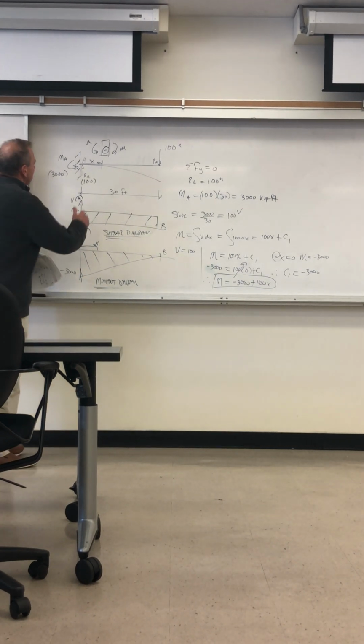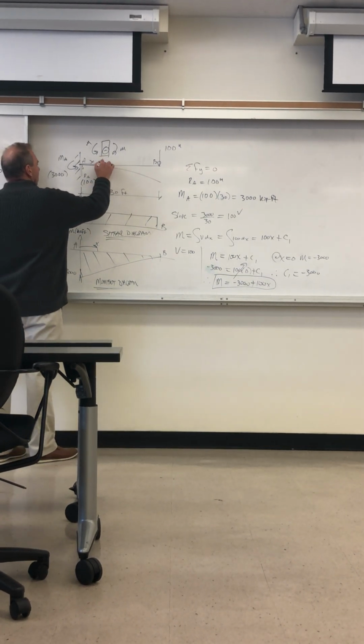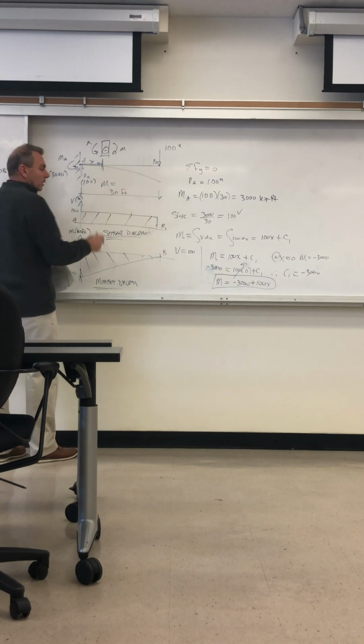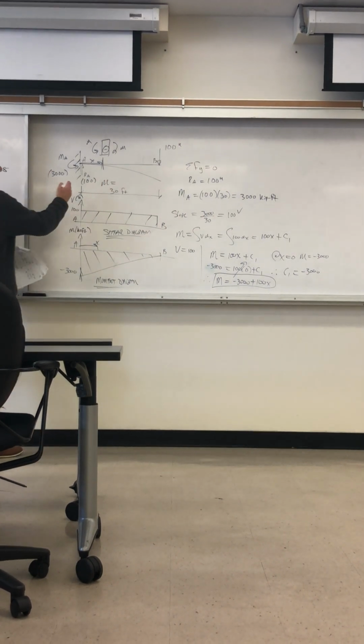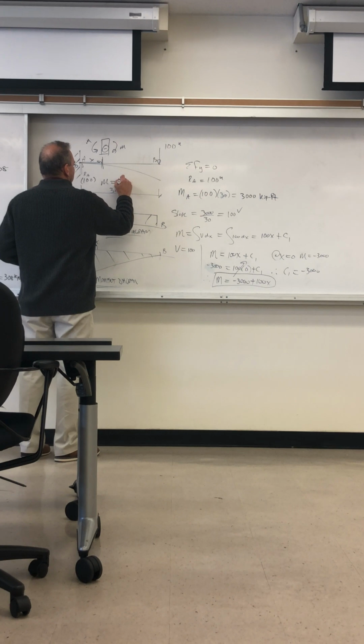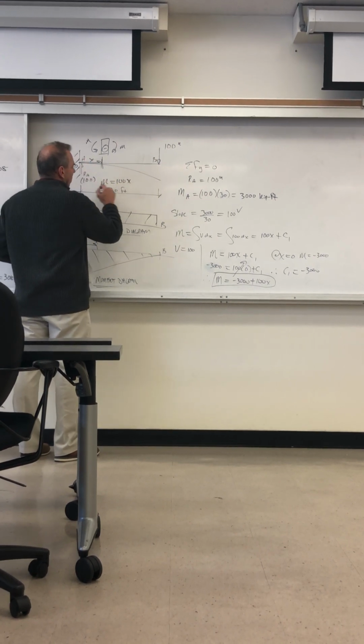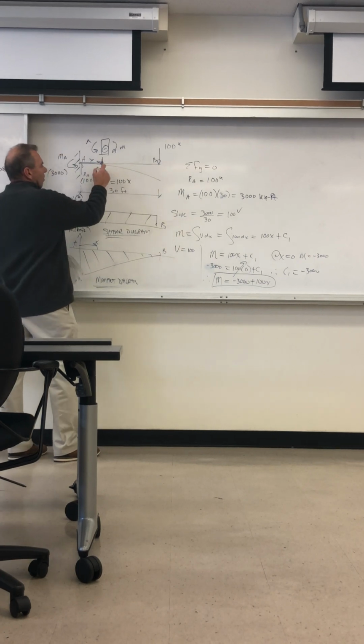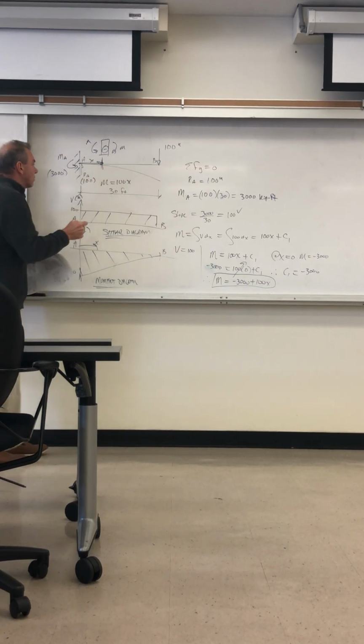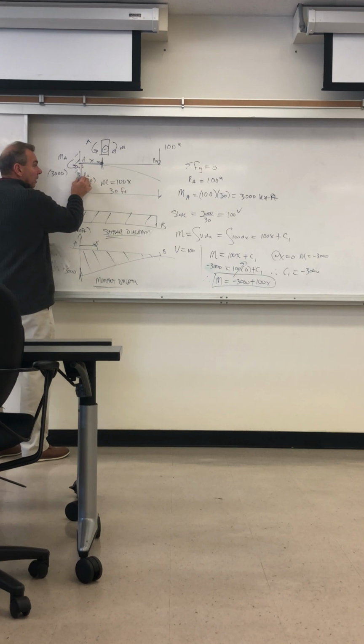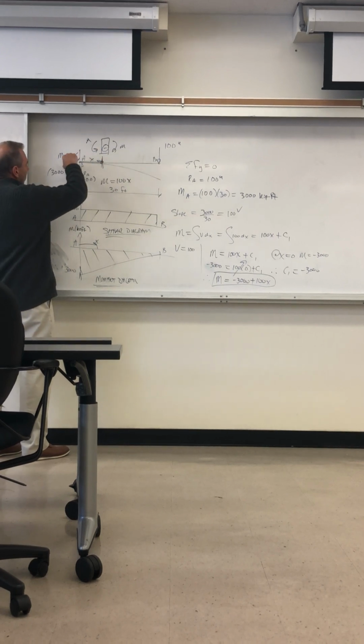Of course, we could have just written the moment expression. I mean, we take a cut here, we can just write it directly. We don't have to go through all of that. It's just 100, this force times the distance x, and then you need to include the moment, which is, when I'm taking moments about an axis coming out of the page at x, 100 times this reaction A times x is a clockwise moment, that is a counterclockwise